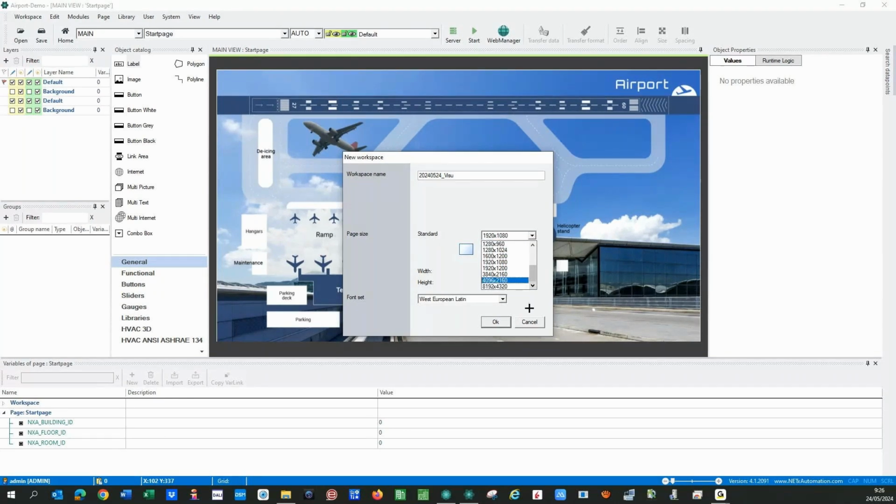I will put Ultra HD, UHD default. Also the font can be different. You have a lot of different fonts: Arabic, Hebrew, Japanese, Baltic, Thai, whatever. I will use the normal Latin, West European Latin. And if I say OK,